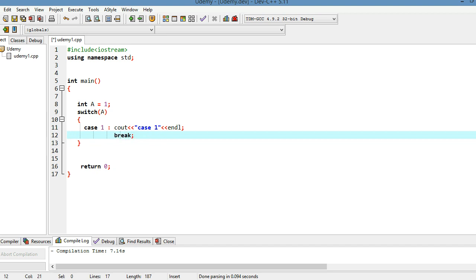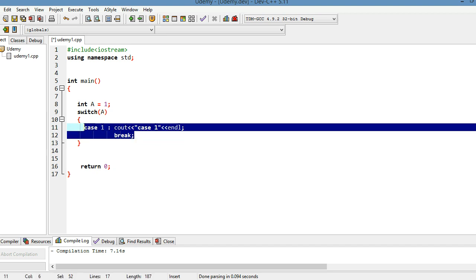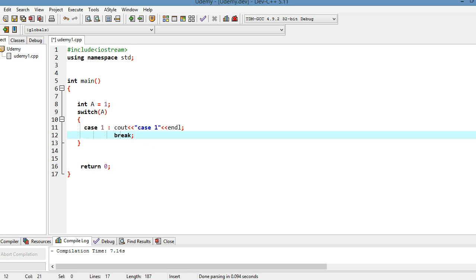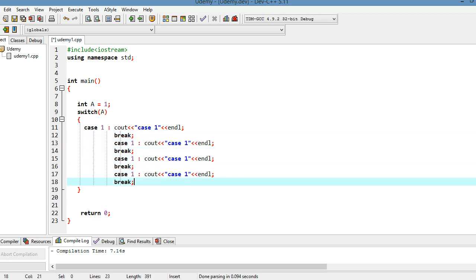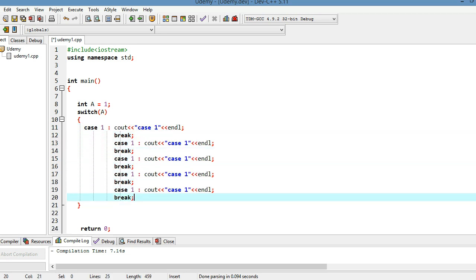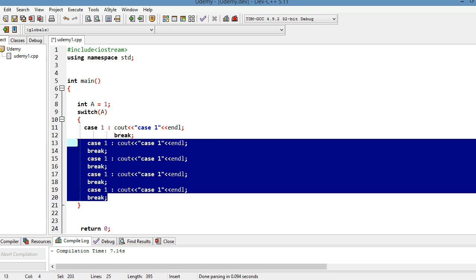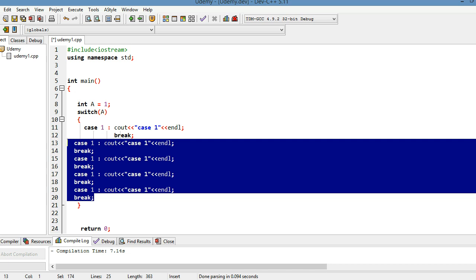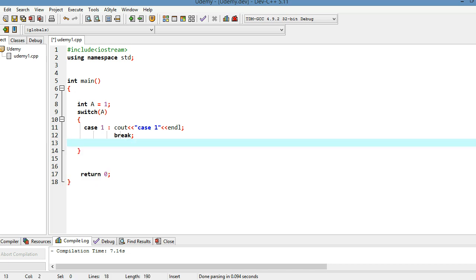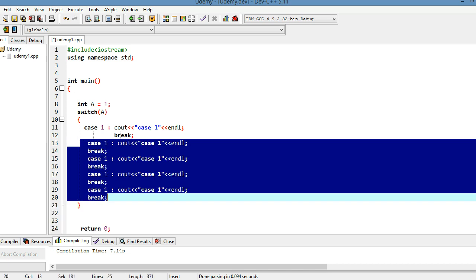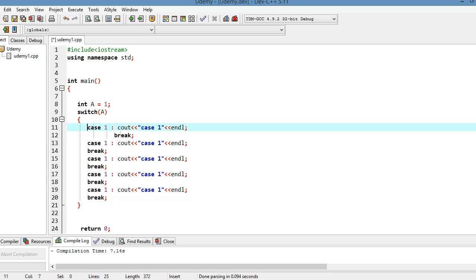Now I'm going to copy it so that I can avoid typing. Paste it, paste it, paste it, paste it. And now I'm going to make it proper. Yeah, now it looks good.